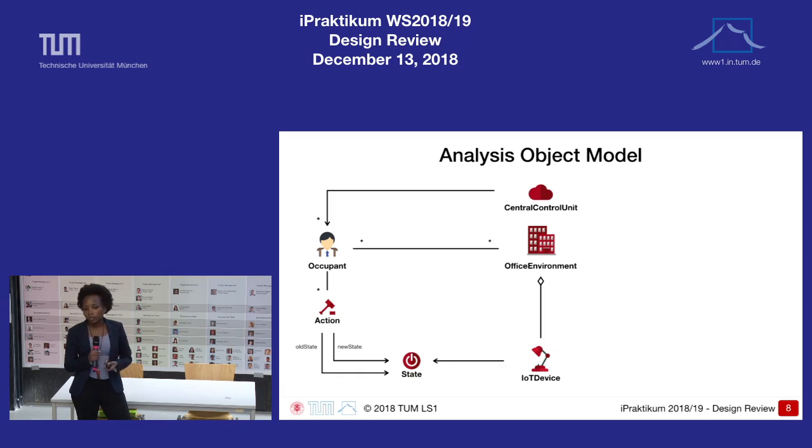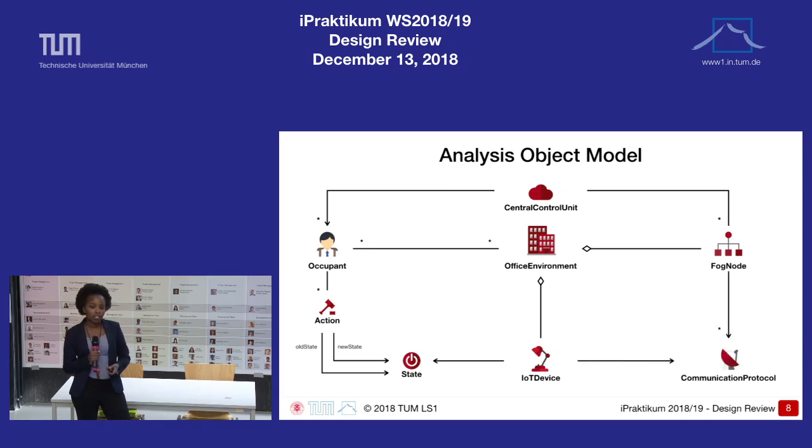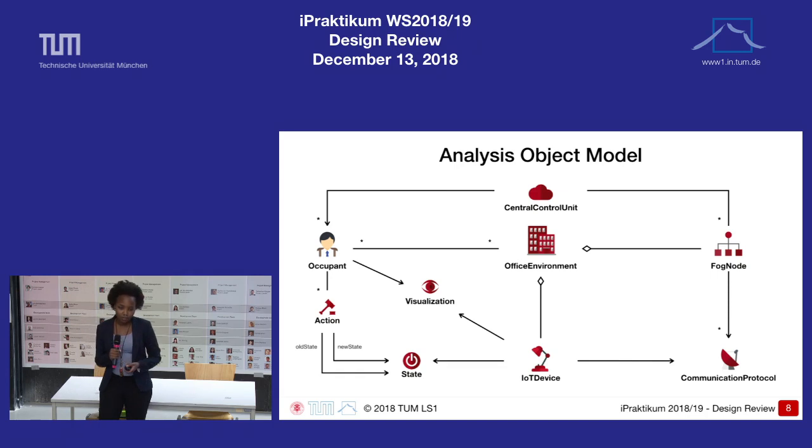This can be very overwhelming, and this is where our solution comes into play. We introduce fog nodes into the architecture connected to the central control unit. Occupants can add devices to these fog nodes and communicate with them using the given communication protocols. We display the devices using augmented reality to enable the interaction between the occupant and the IoT device. And since we've mapped the functionality of our system, let's move on to a more